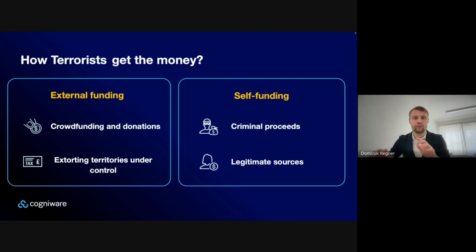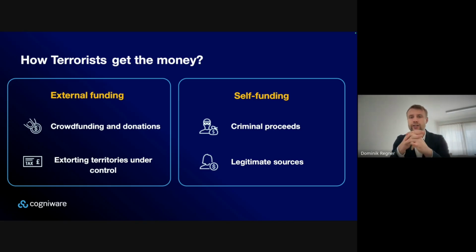And finally, funds can come from legitimate sources. Terrorists may use their own salaries or family money, but large organizations also establish front companies or even legal businesses. These can hide transfers through false trade documents, inflated invoices, and so on.